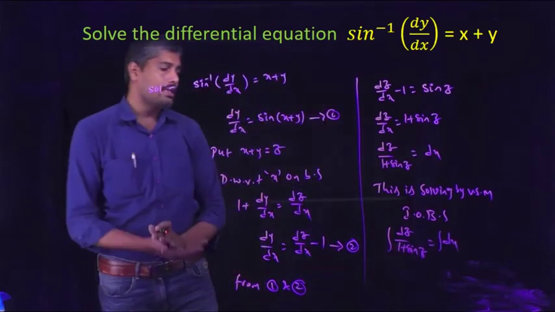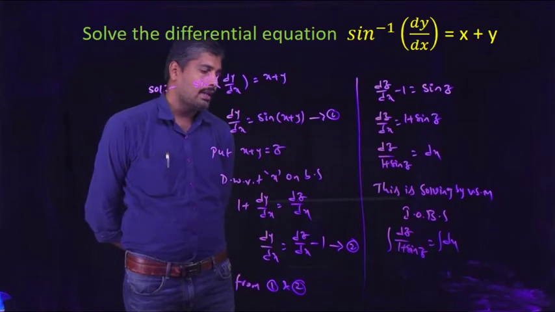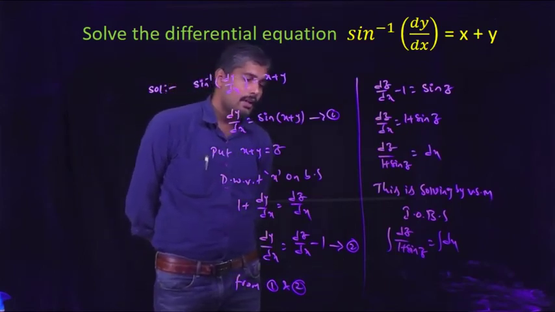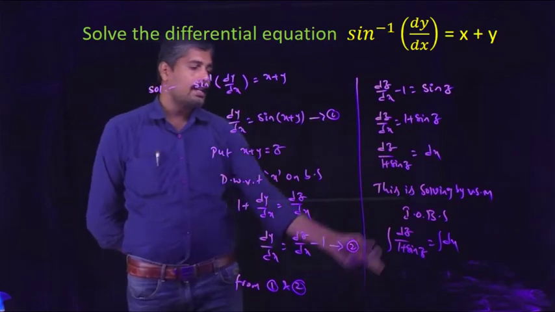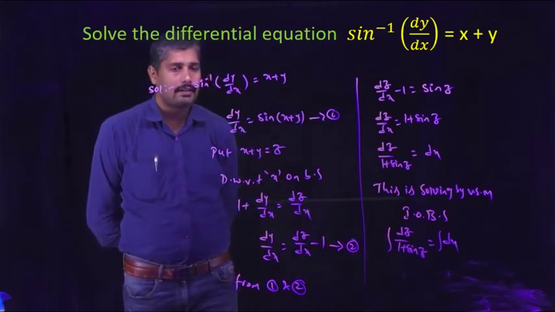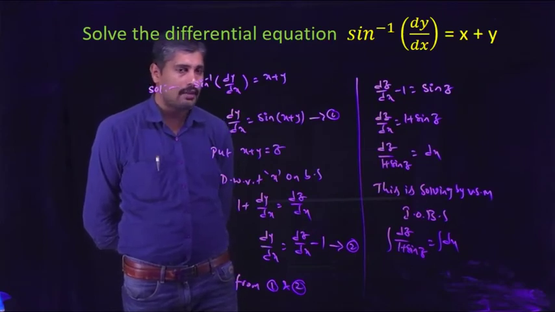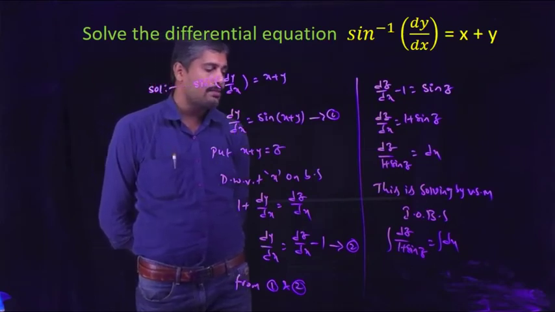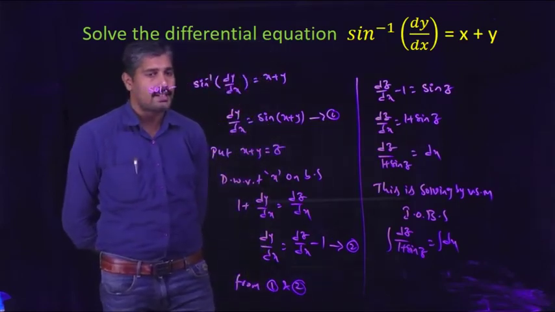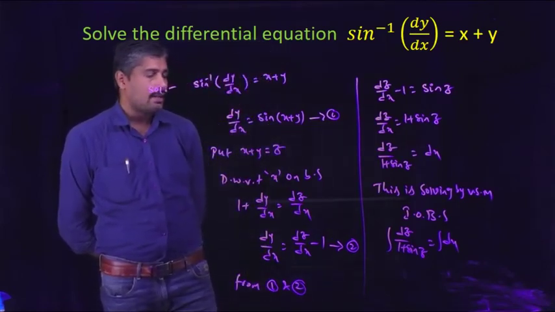How to solve this one? Integral dz by (1 plus sin z). Right? Clearly, in the denominator sin z is there. Definitely that is the fourth type. We take tan z by 2 equal to t. Right? When sin terms and cos terms are there in the denominator, definitely by using the fourth type, methods are there. But in the calculation